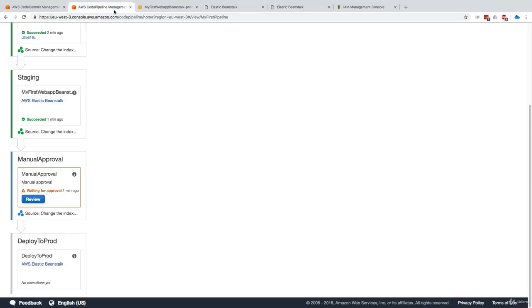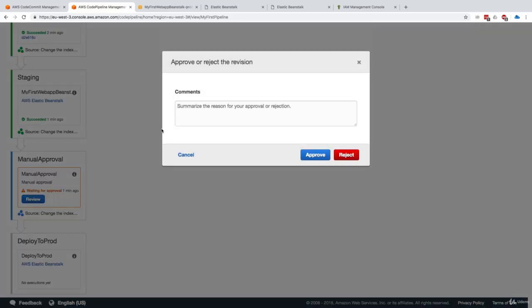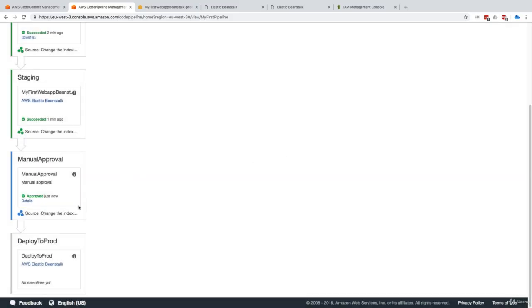And so once I approve my pipeline, basically I should be able to see that the application will get deployed to prod and will also become red. So I click on review and say changes look great. I've reviewed the changes and they look amazing. So I'll approve it. And now the stage just got approved. And so in a second, what we should be seeing is that it will go on to the next stage called deploy to prod. And this will basically allow my application to be deployed to my prod Elastic Beanstalk.